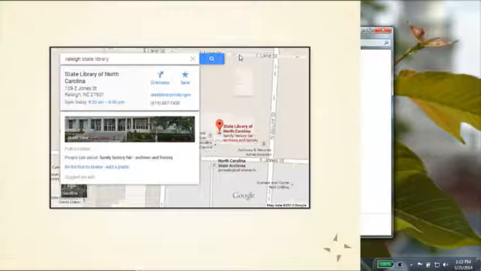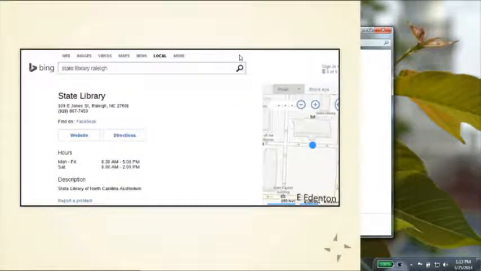And so you end up with situations like this pretty good representation of the State Library of North Carolina. We've got hours and the website and address information, and pretty good information in Bing Maps. This varies wildly. If you compare Google Maps to Bing Maps, you'll see differences for many institutions. In this case, it's pretty close, but because they've got the Find on Facebook link, you'll find that Bing is actually pulling this information, it looks like, directly from Facebook, the page that they're maintaining there.